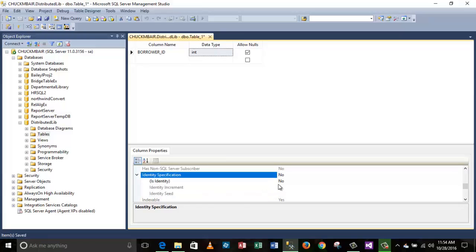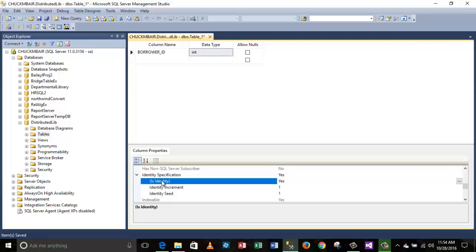If I double click on it, I have an option to either say it's an identity column or not. So it's currently set to a non-auto number field, if you will, and I'm going to change that and tell it yes, at which point